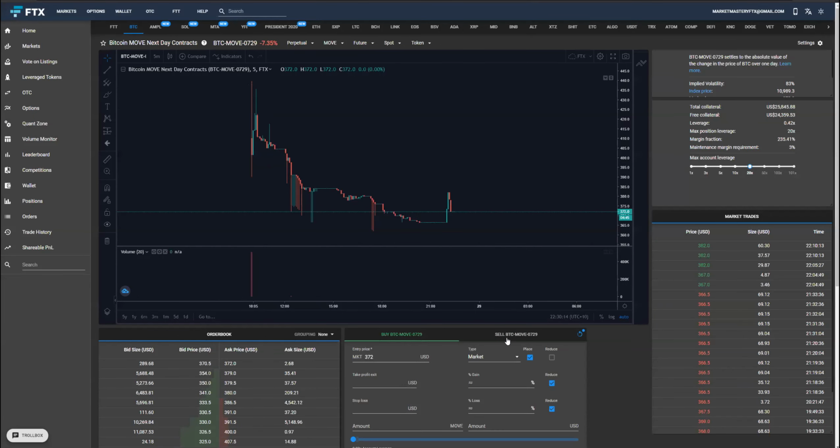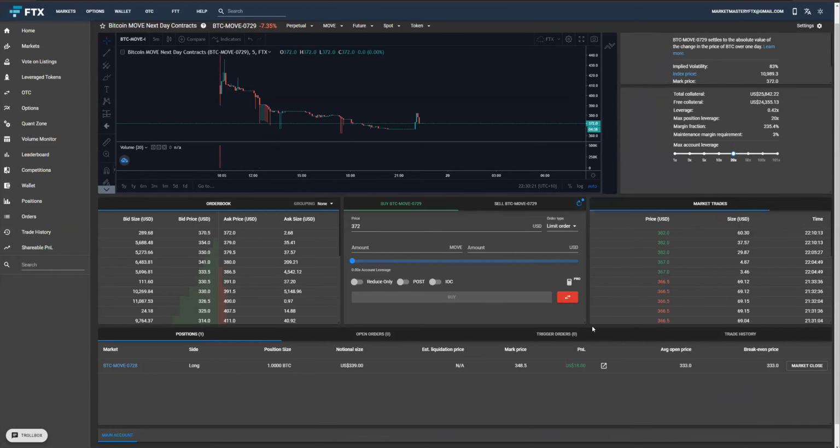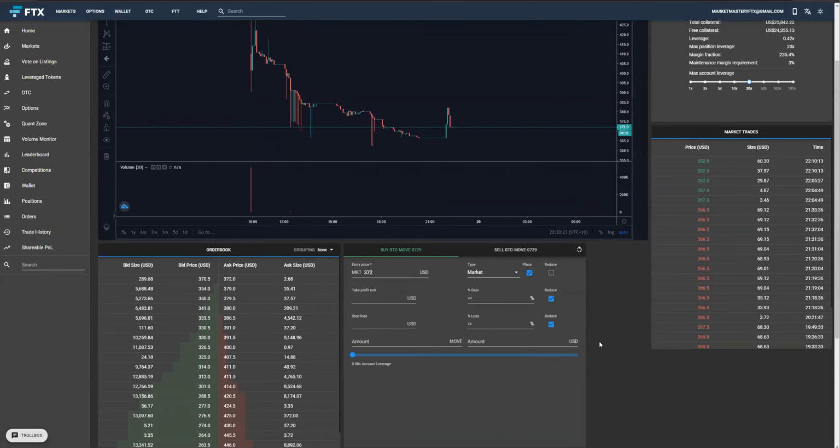So the next day move contract, I'll show it. The other thing as well, remember, guys, is this thing, right? You can get the basic or you can get the advanced version. I prefer the advanced version because you can really take profit in, put your stop loss in and everything at once. It tells you the gains and the losses you're going to make,